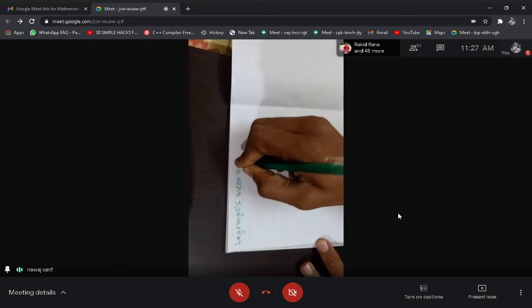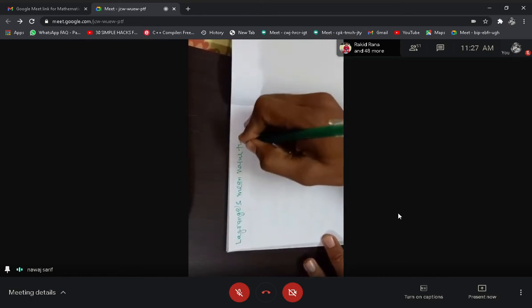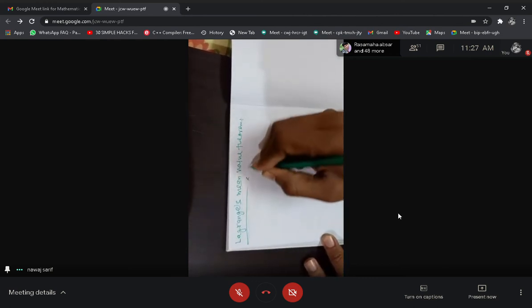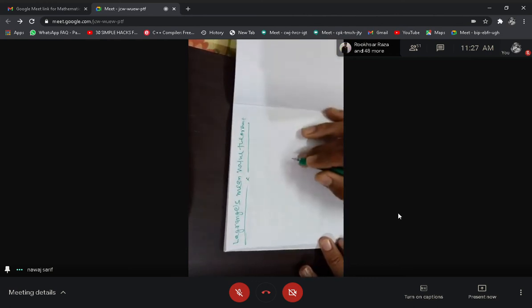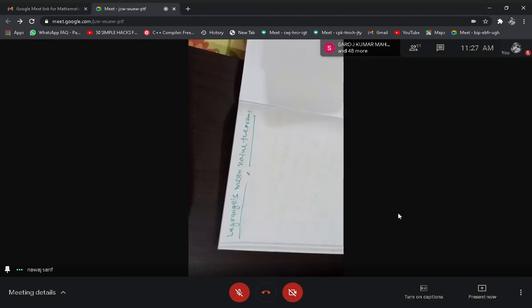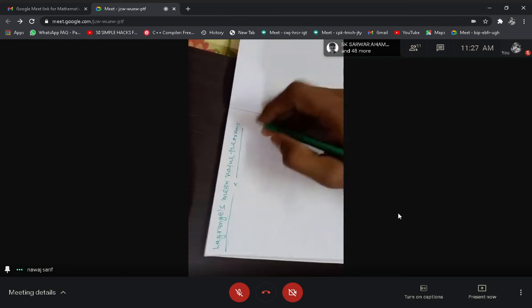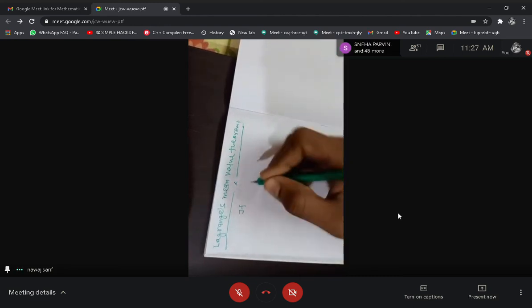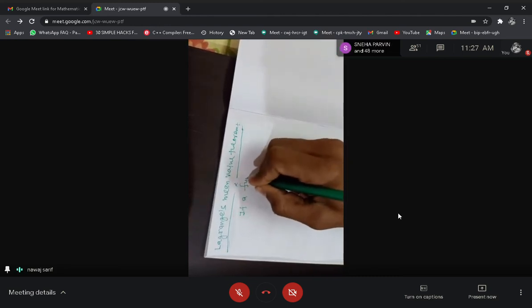Mean value theorem. What is the statement? Sir, in a closed interval, if a function is continuous and derivable, then Lagrange's mean value theorem is satisfied. What is the condition? What is the statement? If a function is derivable and continuous,